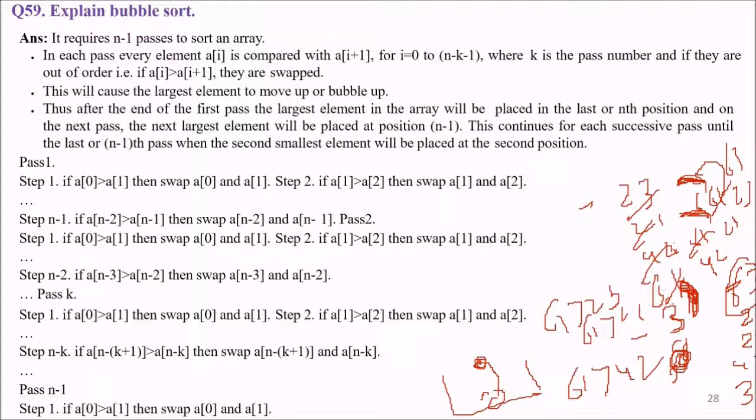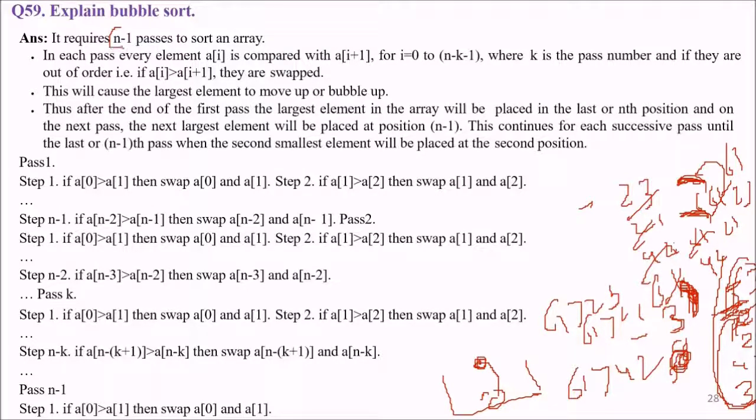If this is less, then you shift, otherwise not. So it depends on you how you implement bubble sort. But this is one iteration. Now the iteration will leave 61, and now the iteration will go here. The 23 will be compared with 21 and so on. This is the bubble sort.